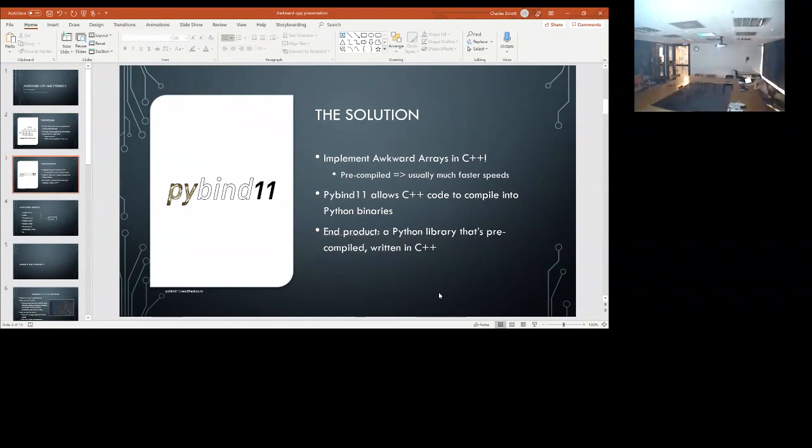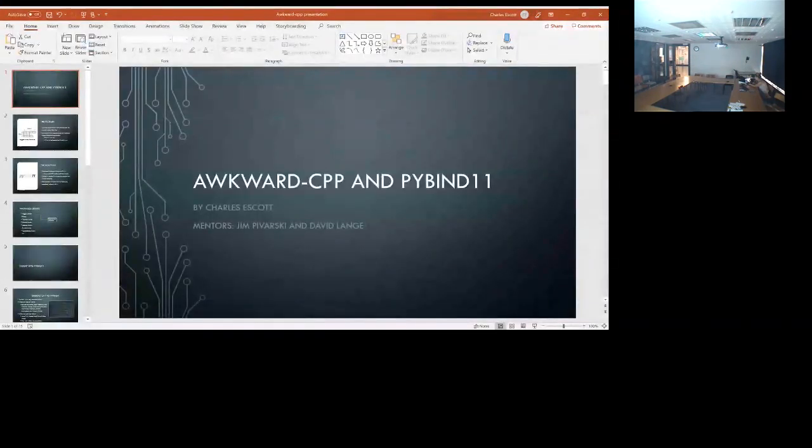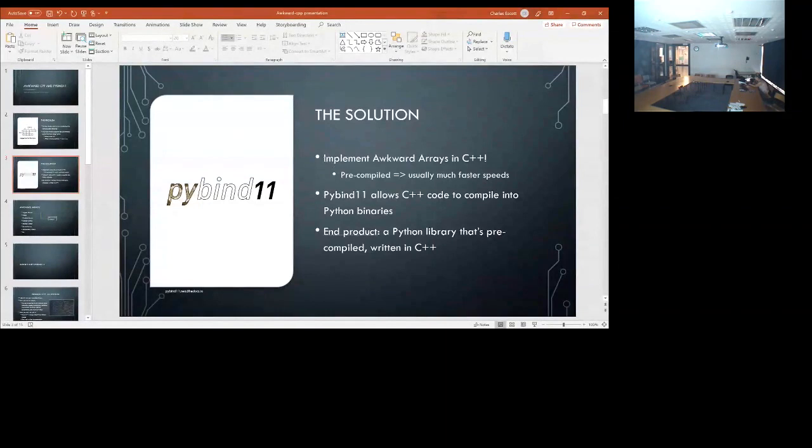In this case, we used PyBind 11. PyBind 11 is a library that allows C++ code to be exposed to Python. So this would allow me to create a library that's written in C++, but you'd be able to use it in Python as if it's a normal Python library,